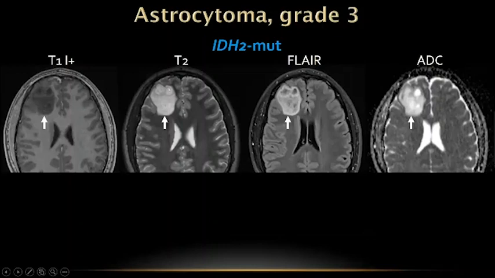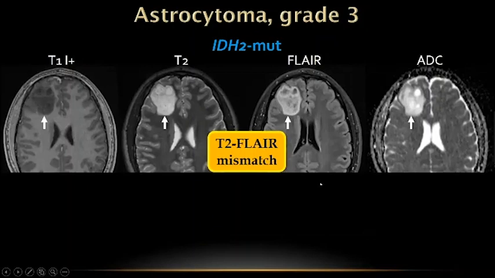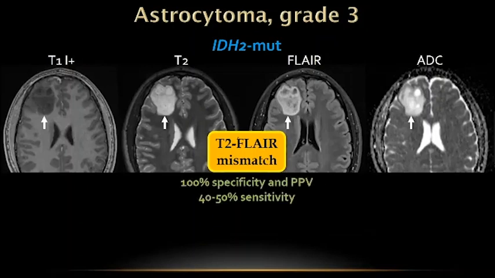And so you see that there's a few areas that drop out between the two sequences. So there's some fluid here, but it's more serous or simple fluid. And so this is known as the T2 FLAIR mismatch sign. In fact, this is a highly specific, not necessarily sensitive, but highly specific, almost 100% specificity and positive predictive value